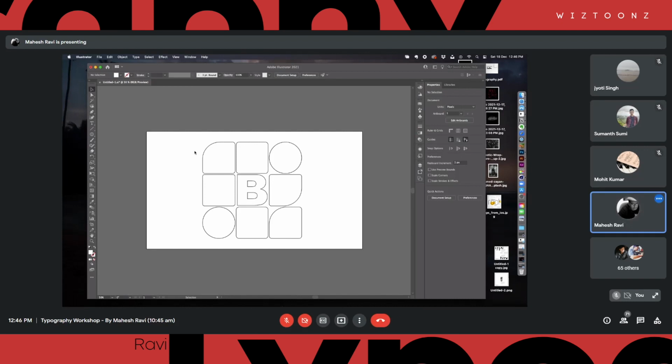So I have made this with some basic shapes and all that. I just made it like that. Now, I've expanded this also so that everything is not a stroke anymore. It has the data also. So once we have done this in Illustrator, you can use any tool for doing that, but I just did this in Illustrator.